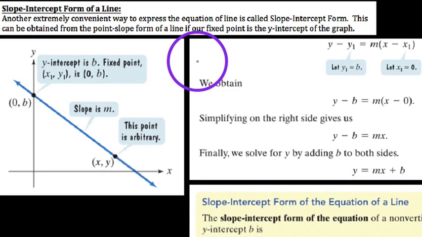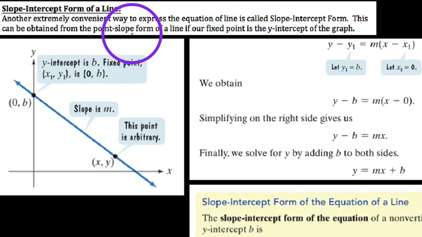Okay, YouTube, in my last video we discussed how to find the equation of a line using what we call point-slope form. In this video we're going to use a more common form of a line that we refer to as the slope-intercept form of a line. And I say here that another extremely convenient way to express the equation of a line is called this slope-intercept